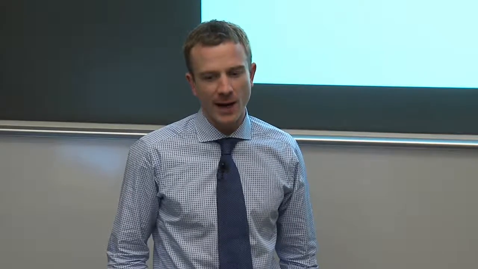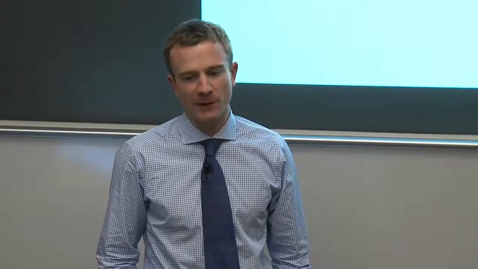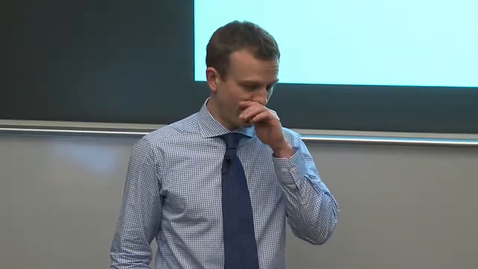I was meant to repeat questions, I'm just remembering. So the question is that what I'm doing is learning a mapping from sequence to splicing outcomes, and that mapping might actually change if you have mutations, for example, in splice factors. And that is actually something that's observed in some leukemias.